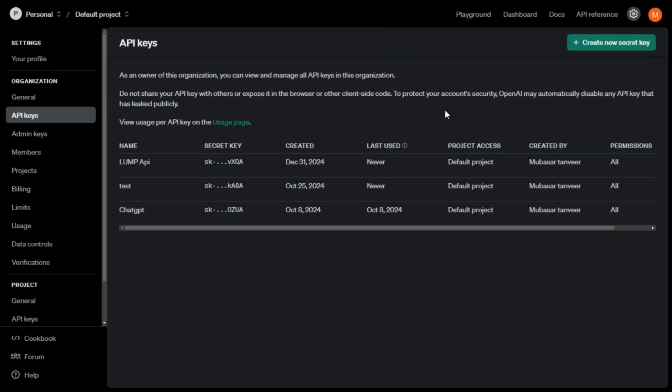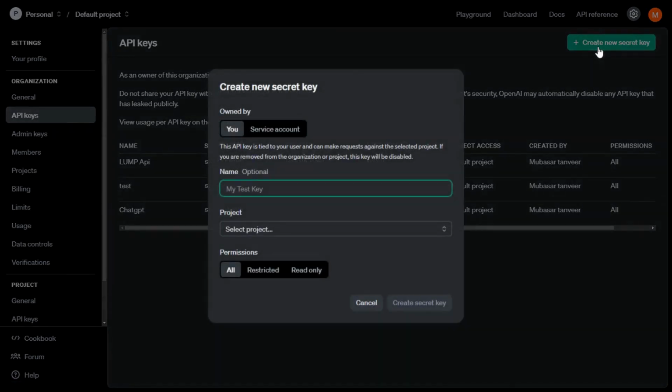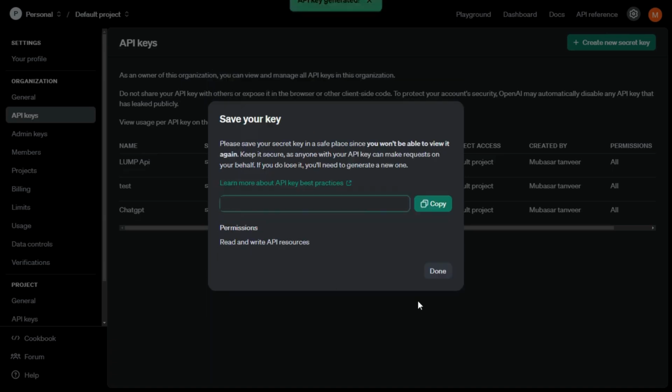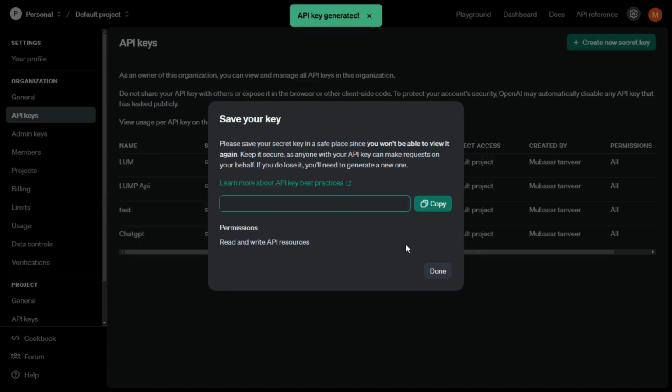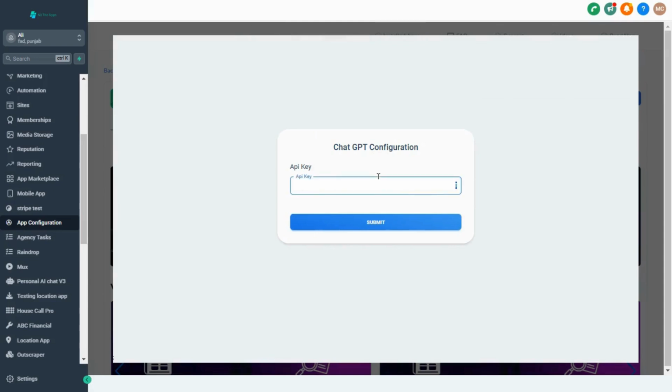Here we are in our OpenAI account, and as you can see, I'm in the settings, and in the navigation bar, you can see the API keys and generate your own secret key from here. Name it the project, and with the permissions you have to allow for all. Create, copy and paste this script back in there to get your ChatGPT for workflows configured. Paste it here, submit, and now we'll be heading towards